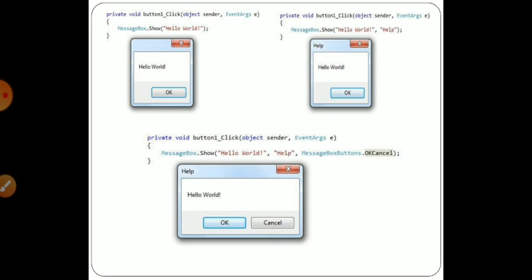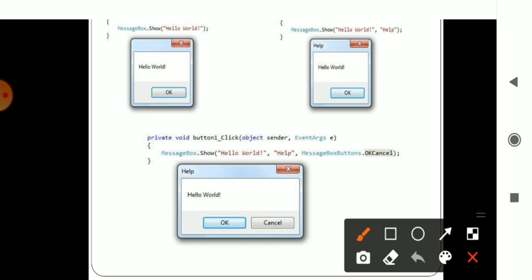When you click on the form, it will display the form methods in the beginning. Afterwards, when you introduce a button on the form called OK, it goes to the private button click method with object sender and event args e. In that, if you write MessageBox.Show("hello world"), when I click the OK button, it will just show the message hello world.